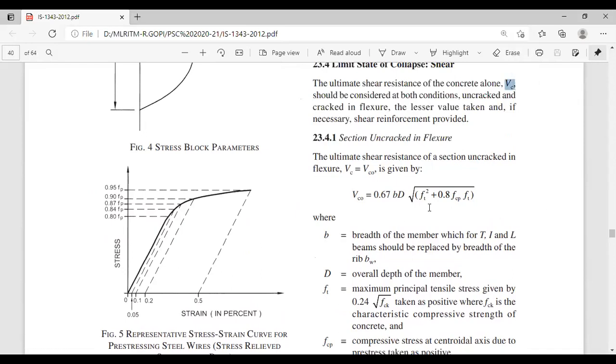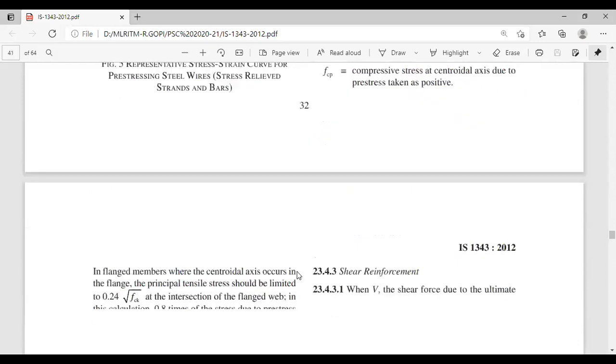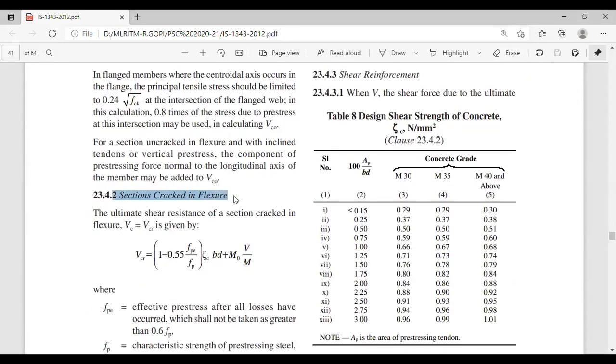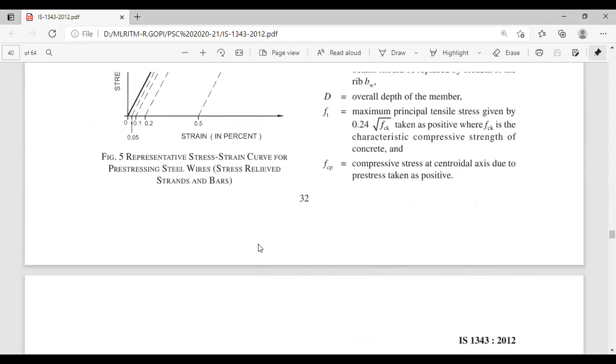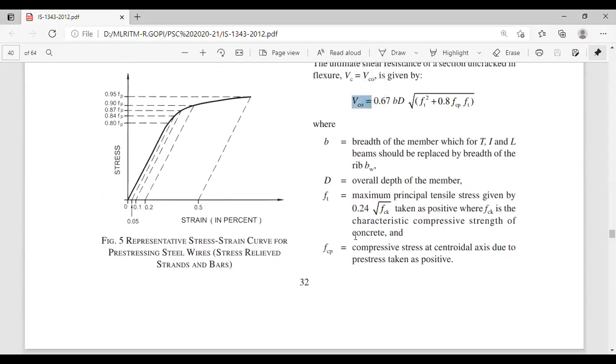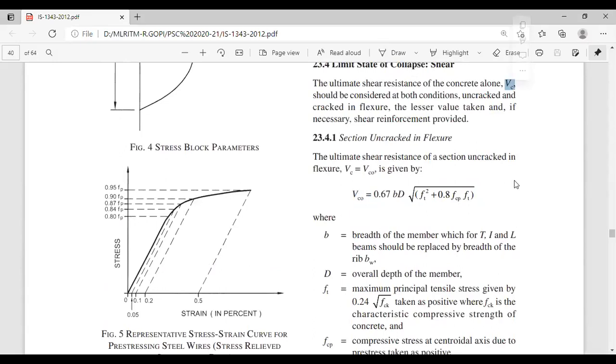Okay, students clearly understand, we have to solve the problem under these two conditions: section uncracked in flexure and section cracked in flexure. We have two formulas, VC0 and VCR. Under these two conditions, whichever value we get very much less, that value is the final VC value. Okay, so now we will discuss section uncracked in flexure. So the ultimate shear resistance of the section uncracked in flexure, VC is equal to VC0, is given by